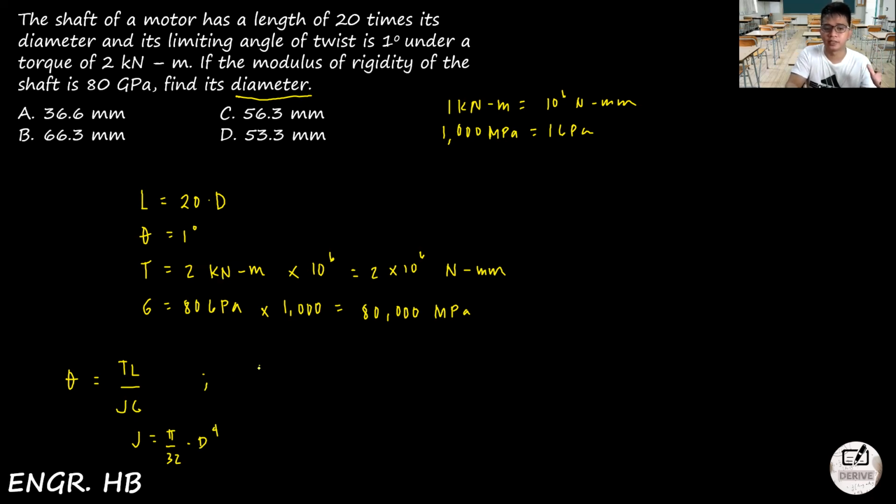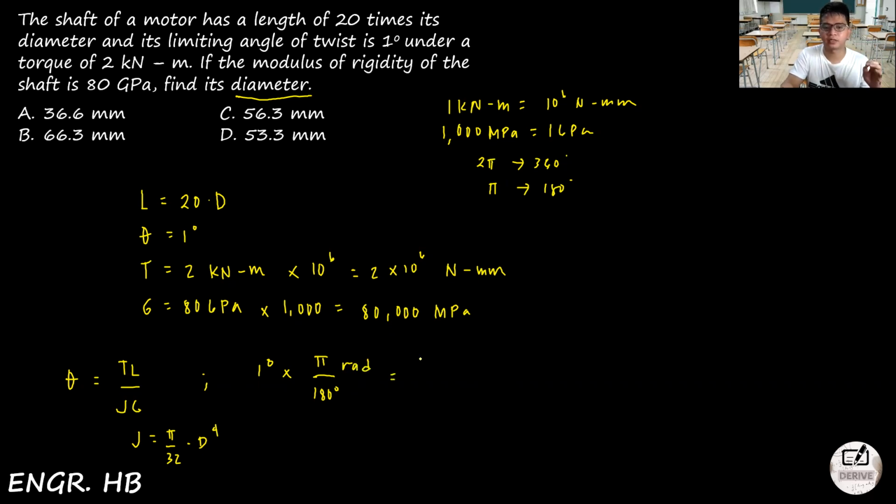So our theta is 1 degree. We know the answer should be in radians, so let's convert it to radians first. We all know that in every pi radians, we have 180 degrees. If we have 2 pi as 1 revolution, that is 360 degrees, of course. So pi over 180 degrees, pi radian